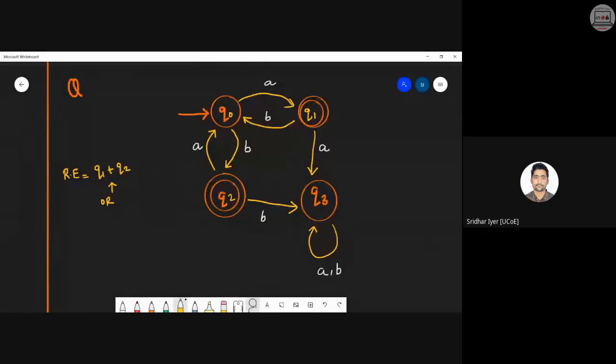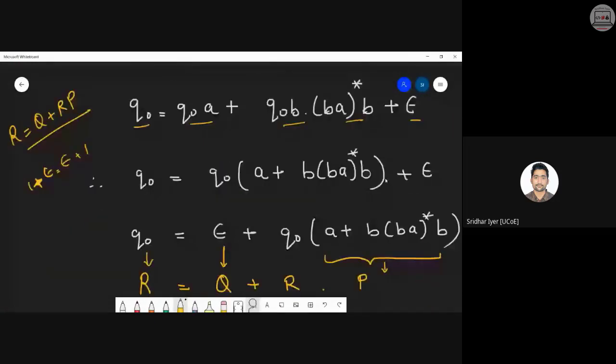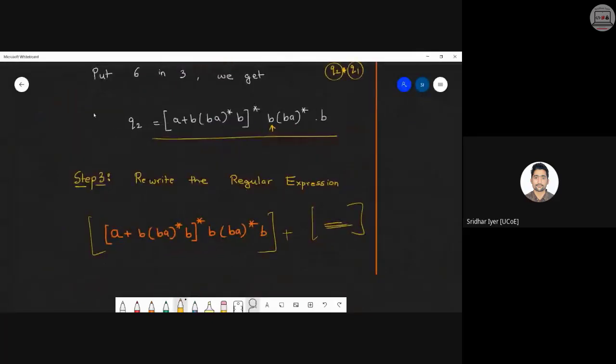Correct. In the final step, whenever we rewrite it, we need to write only the final regular expression, that is, of the states which are moving into the final state. See, the same thing we have written. Q2 was our final state, so we have written only Q2's regular expression as my final answer. In this case, we have two states, so we have to show a plus between both states. Clear? Okay. Clear with this? Okay. So let's continue with this problem.